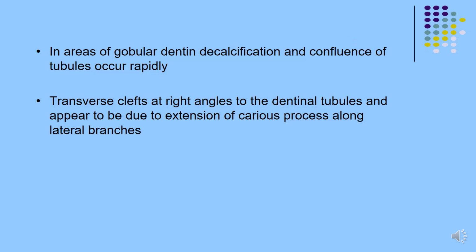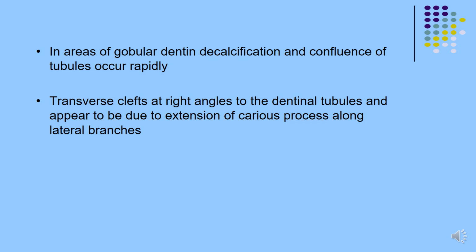So this is advanced dental caries. This is a ground section view. These are microorganisms. This is what was described as the beading, the packing inside dental tubules. So as they get packed over there, they coalesce to destroy, and this is how dental caries progresses. Right. So in areas of globular dentin, decalcification and confluence of the tubules occur rapidly because the